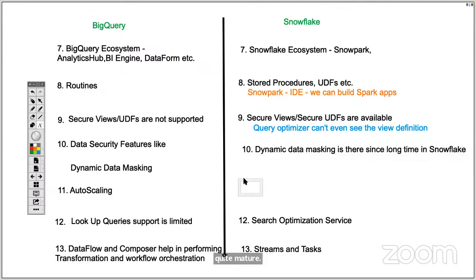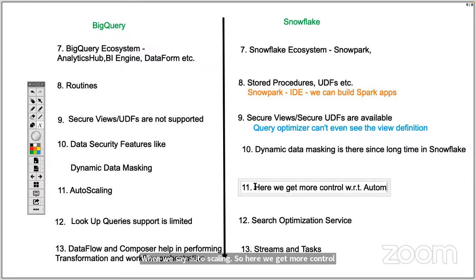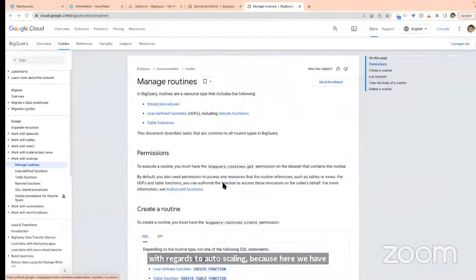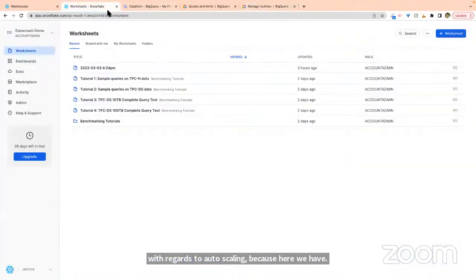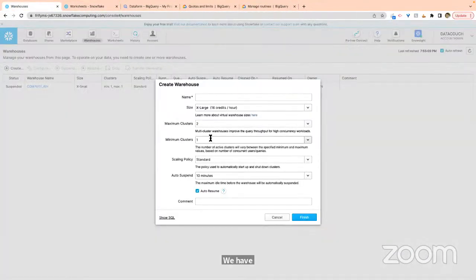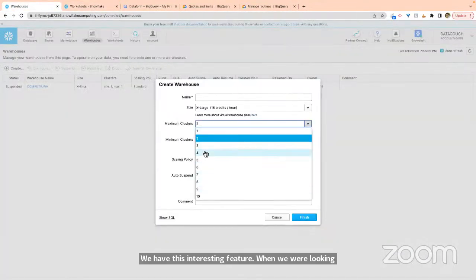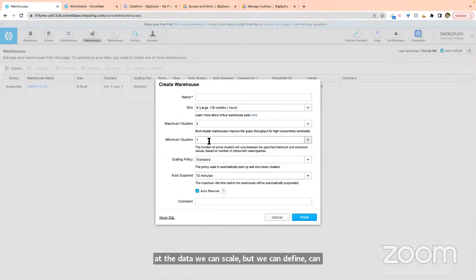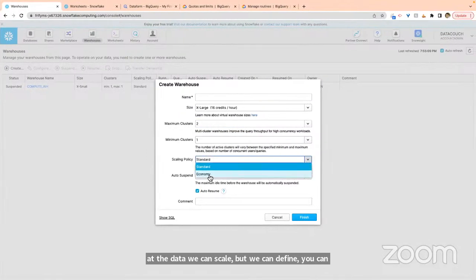And then auto scaling. Here we get more control with regards to auto scaling, because we can define the maximum and minimum cluster, and we can define the scaling policy.